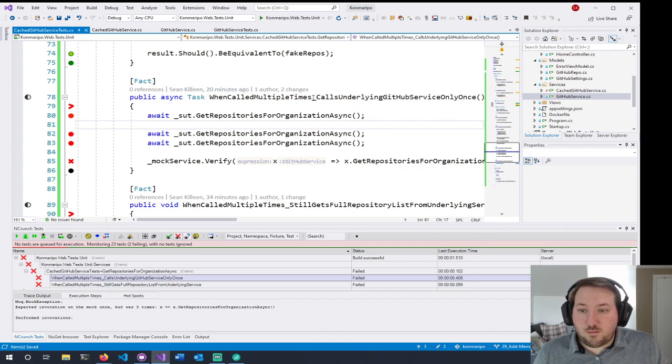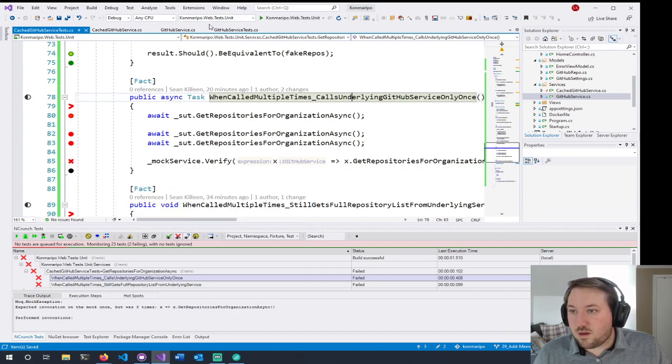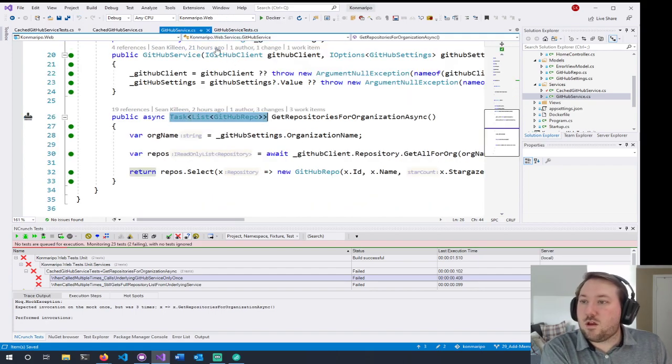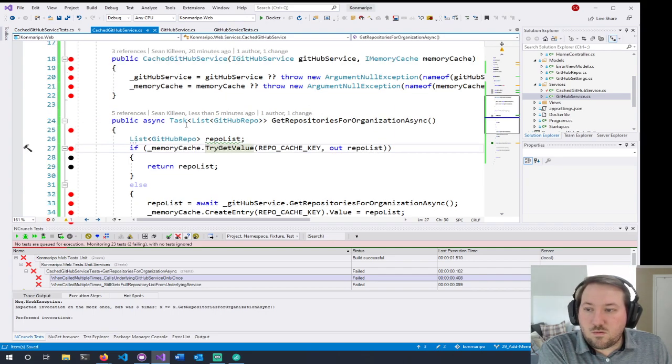So when called multiple times, calls the underlying GitHub service only once. We can see here that we're not calling it once, we are calling it 3 times. So let's go figure out what's going on with that. All right, in our cache GitHub service, we're calling into that. We are, if the